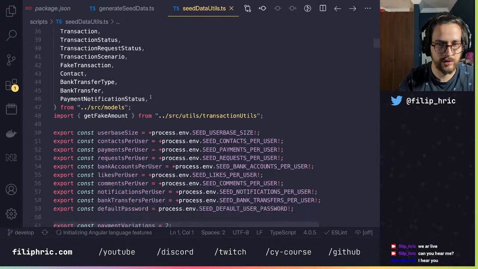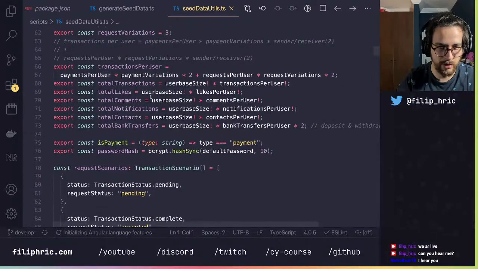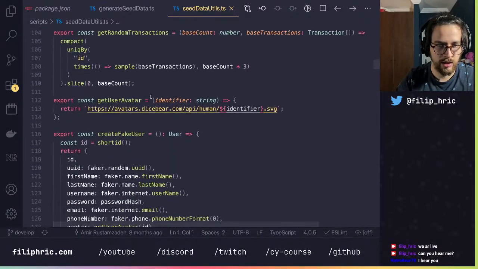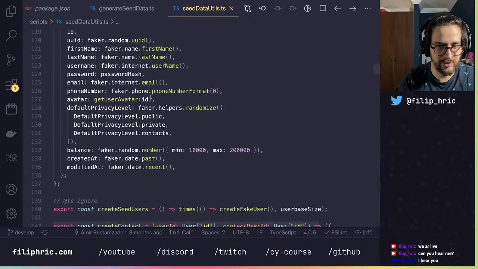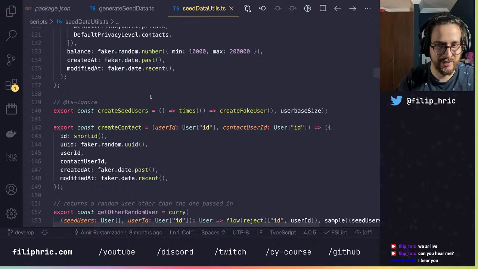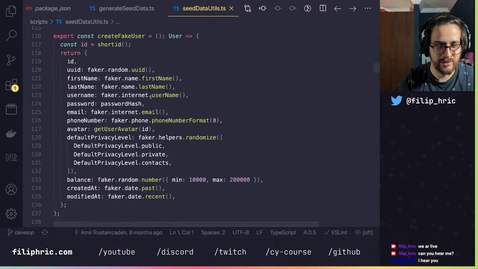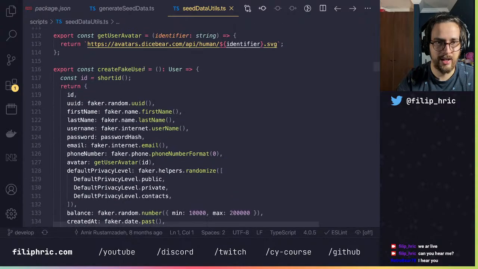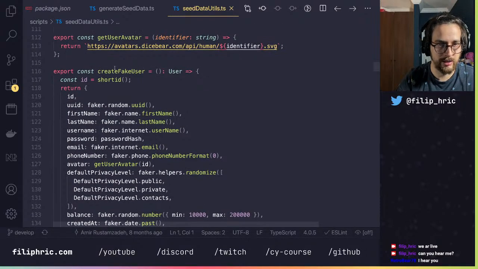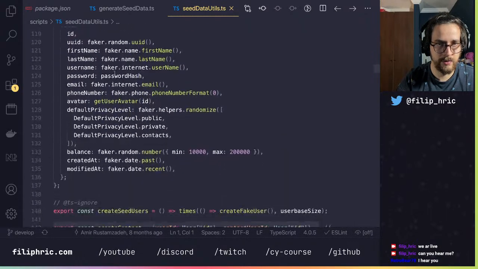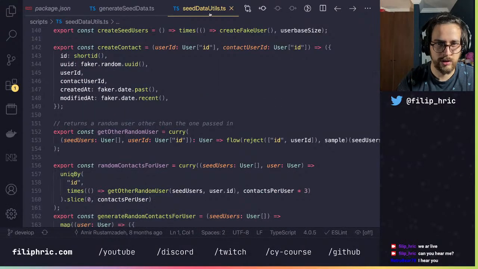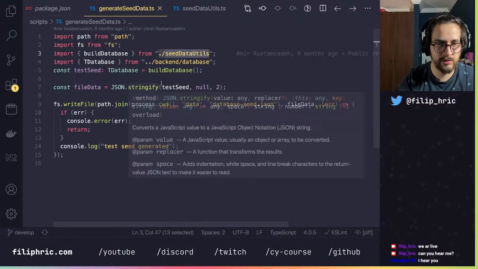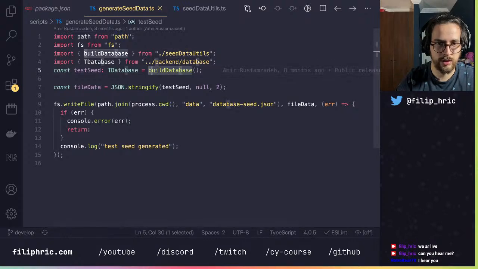Okay, there's lots of stuff here. I think this would take some time to find out what exactly happens when the database is seeded. If I'm assuming correctly, we're using seed data utils, and we are using the build database from there.